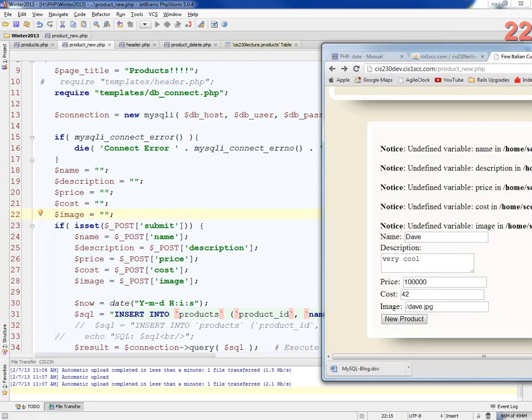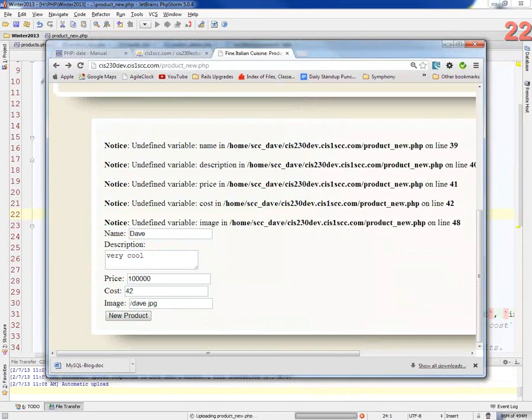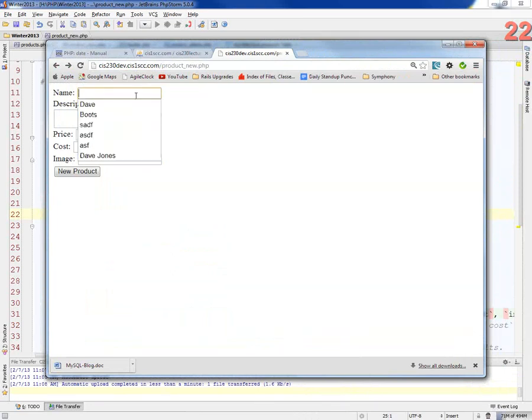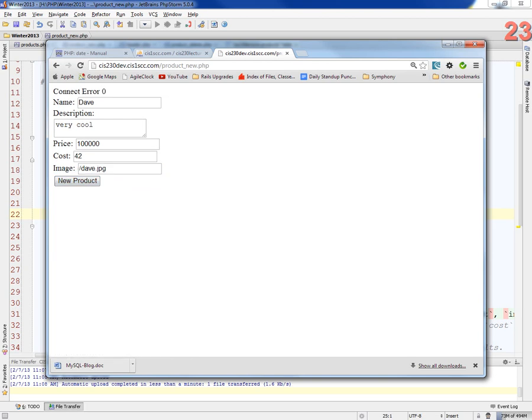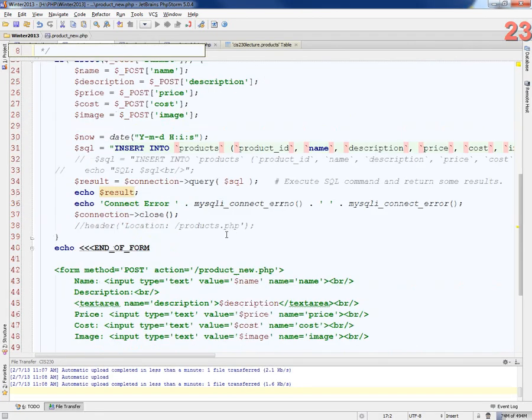All right. So let's do my Dave. Very cool. It's something with my data. Maybe it's the numbers too big. Connect error 0, so that means there was no error. Commenting out that close connection. Can't imagine that being the problem, but